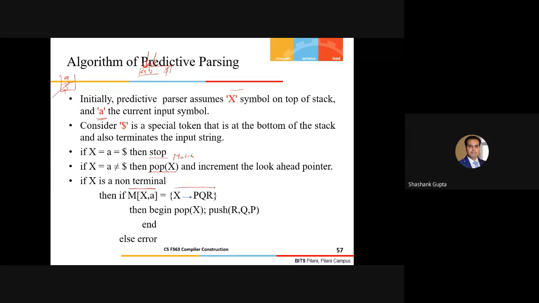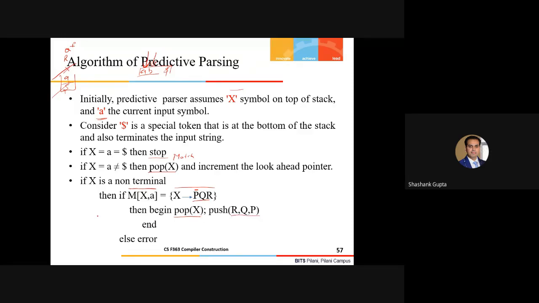If this entry says that X derives some right-hand side of the production, PQR, then I'll simply pop this and push the right-hand side of the production on the stack, keeping the leftmost symbol on the top of the stack. So I'll write here RQP. The topmost symbol should be the leftmost symbol of the right-hand side of the production. That's why we said pop the X, that is the symbol on the top of the stack, and push this in reverse order, that is RQP.